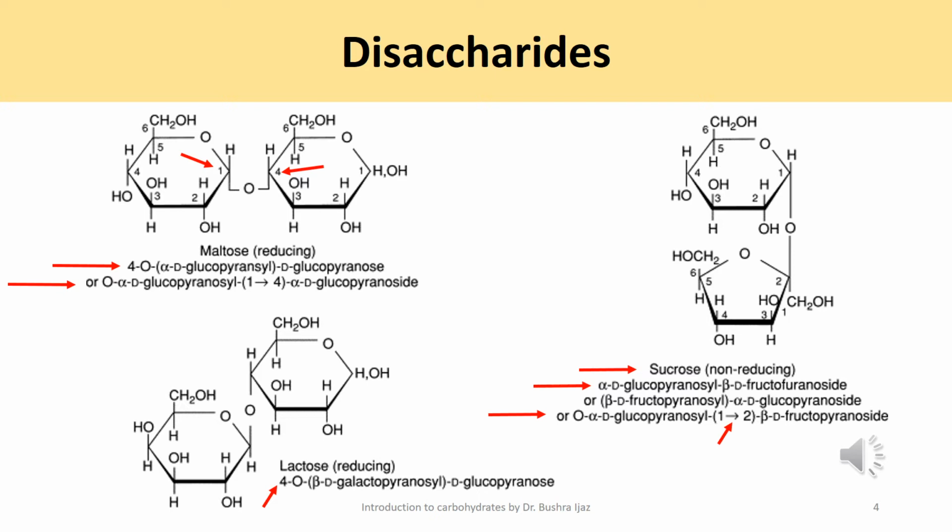Now, to name reducing disaccharides such as maltose unambiguously, and especially to name more complex oligosaccharides, there are certain rules that we need to follow. By convention, the name describes the compound with its non-reducing end to the left, and we can build up the name following the same order. First of all, we give the configuration, whether it is alpha or beta, at the anomeric carbon joining the first monosaccharide unit on the left to the second one.